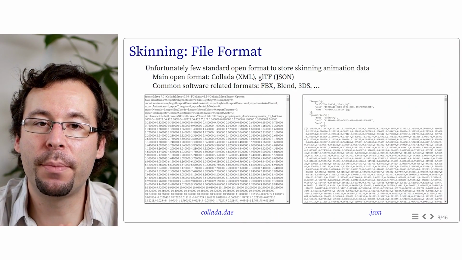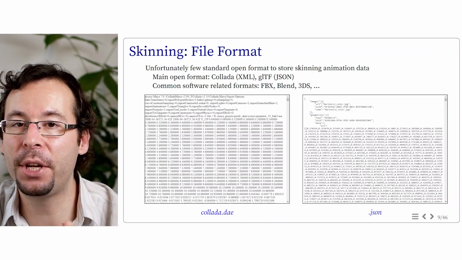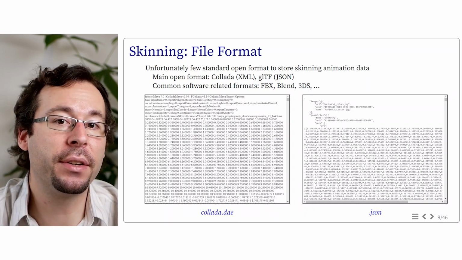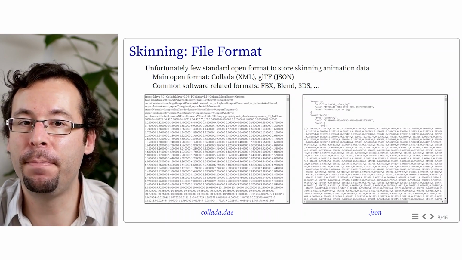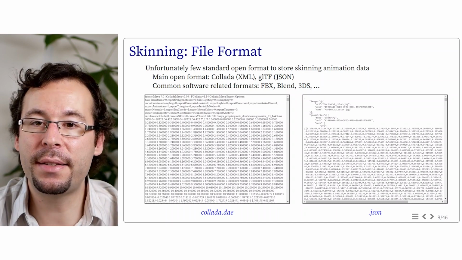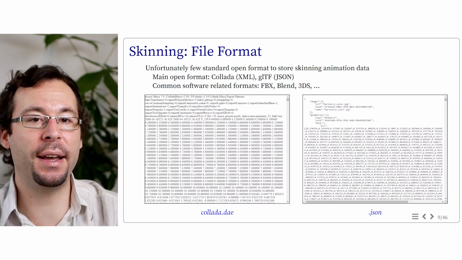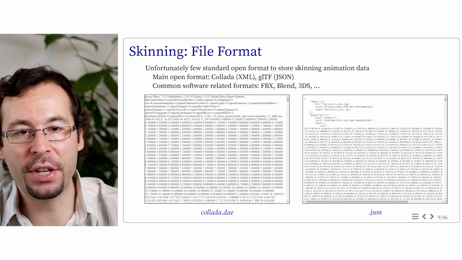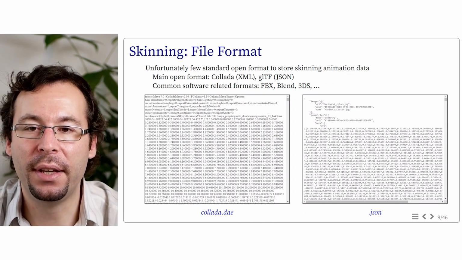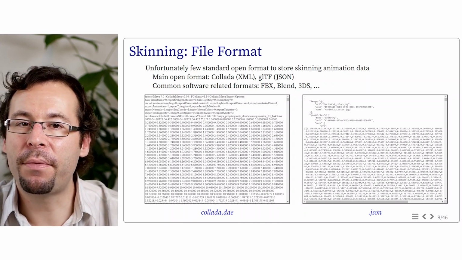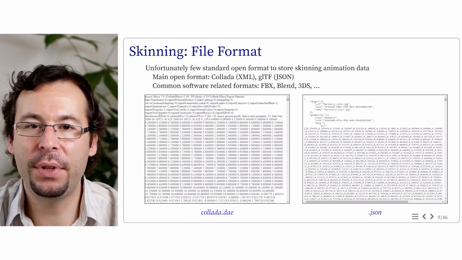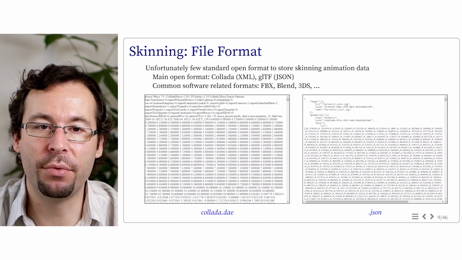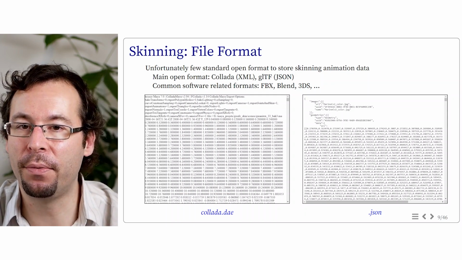And here are a few words about the file format for skinning deformation and animation. When we consider a static mesh, there are very common and standard formats, such as OBJ, PLY, or OFF, that have a simple format to read and parse, and are quite dedicated to handling meshes. And this makes the exchange of mesh files actually quite easy. When we go into the world of animation and skinning, unfortunately, these things become more complex. There are fewer open and simple formats to store animation data in a simple form.